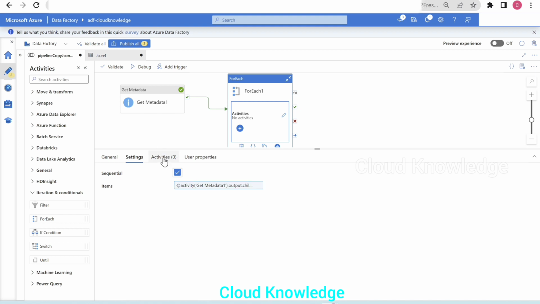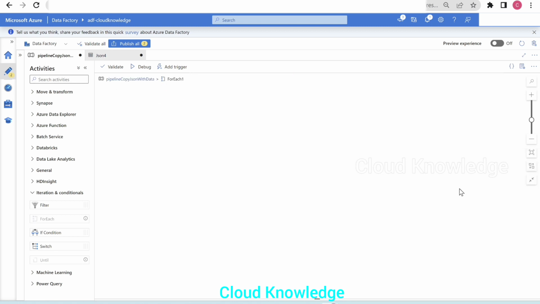Now we'll go to the third tab of for each, that is the activities tab. So for each of these child items, what we have to perform? The case activity. So here we have this edit button. We'll click on the edit. So what happens is that once we click on that button, we reach inside this for each. So we are inside the for each block now.